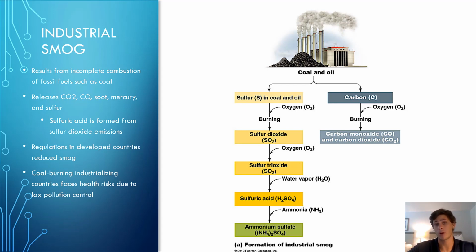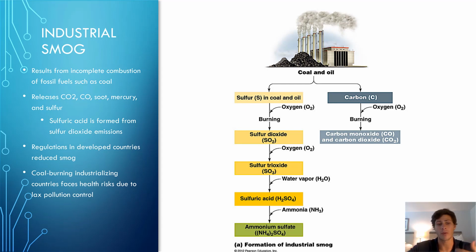Basically, because of some of the byproducts of coal, it will react with oxygen to form things like carbon dioxide, carbon monoxide, soot, mercury oxide, as well as sulfur. Sulfur dioxide is of particular note because one, it is a pretty severe primary pollutant, but it also can react with sunlight to form sulfuric acid as a secondary pollutant, which will contribute substantially to acid rain, something that we're going to be talking about a little later.